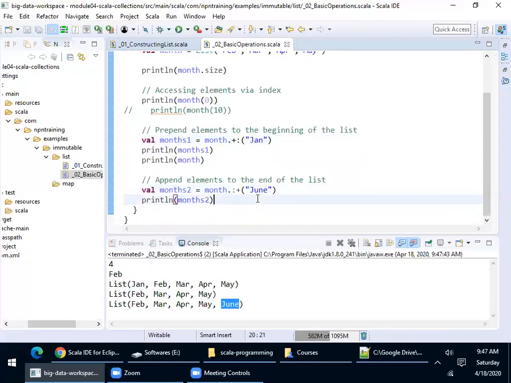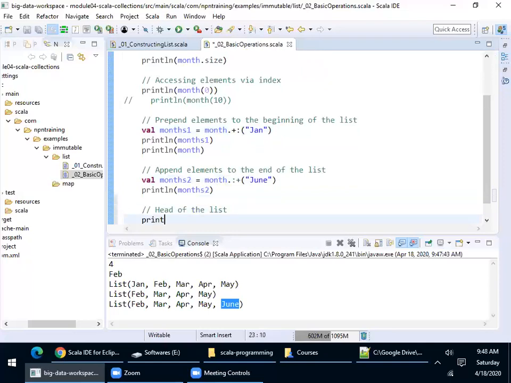For example, there is a method by name head. Let's see what it will do. So let me go with month dot head. What do you have in month?